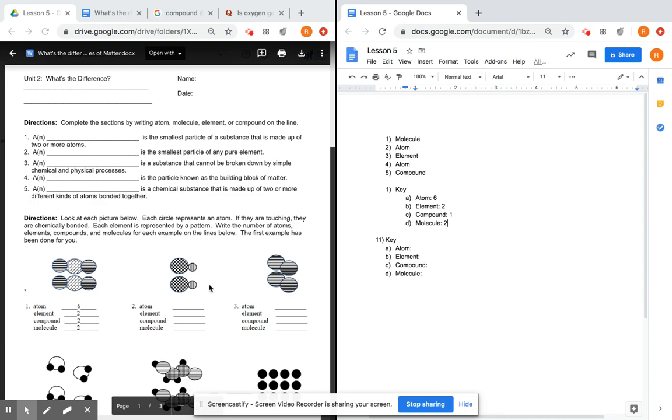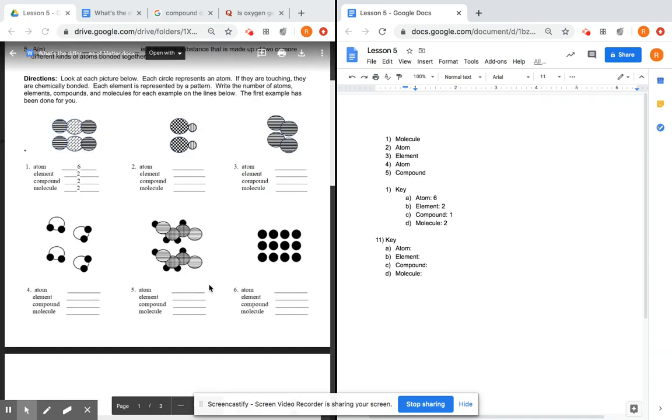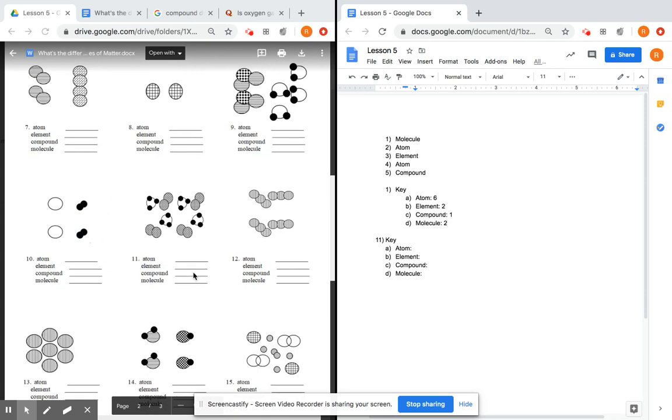So just to flesh out our understanding, let's go through a different example. I'm going to be talking about this one, number 11. So first of all, let's count out the atoms. There are these molecules, which have 2 of them bonded to the same element, and then these ones which have 4 in each. So we have 2, 4, 6, 8. And then we're adding 4. So 12, 16, 20, 24. So we have 24 atoms total.